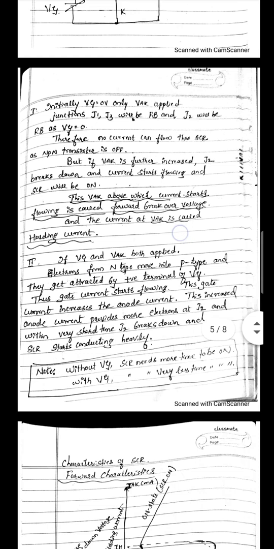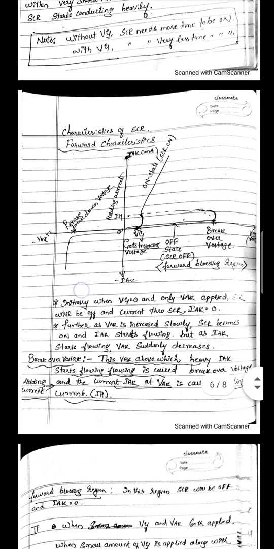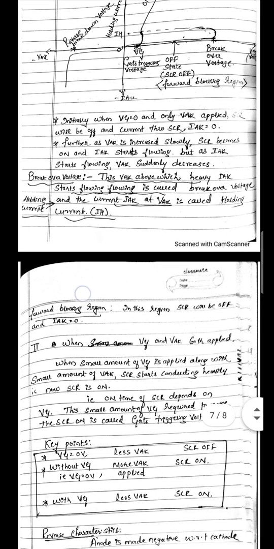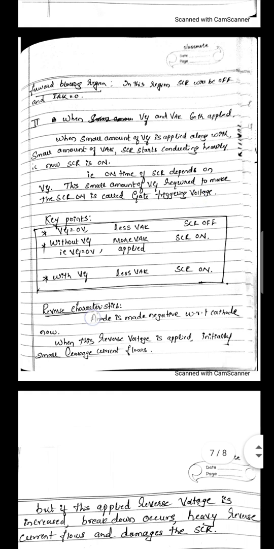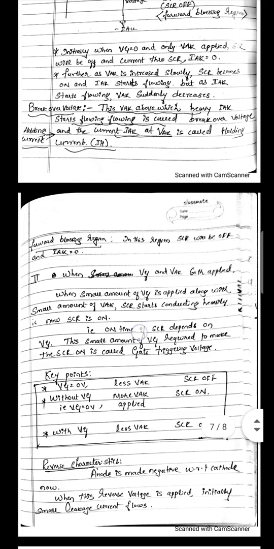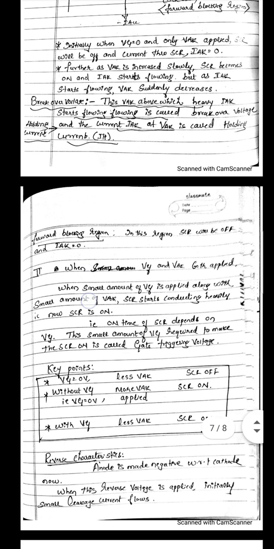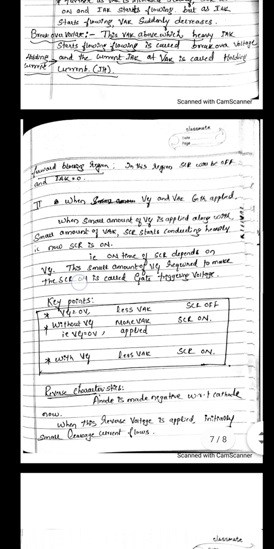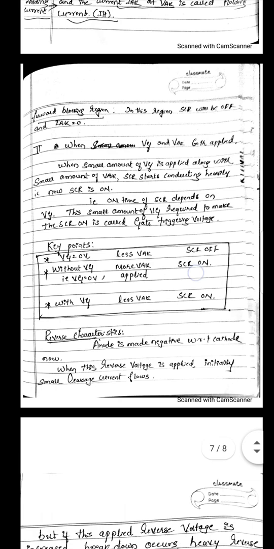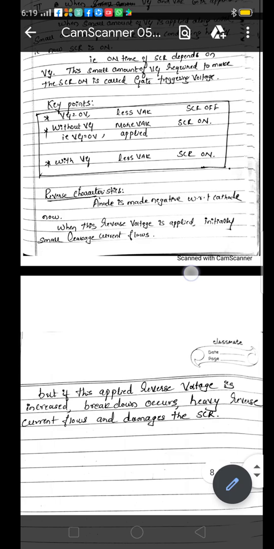Then the characteristics: if you have understood the working, then explaining and drawing the characteristics will be very easy, which is repeated many times with these key points. Remember these key points and this figure, then go on drawing and go on writing in detail depending on these 3 key points. You will get all the points without missing anything. Thank you.